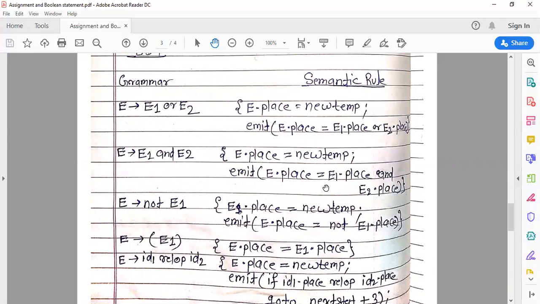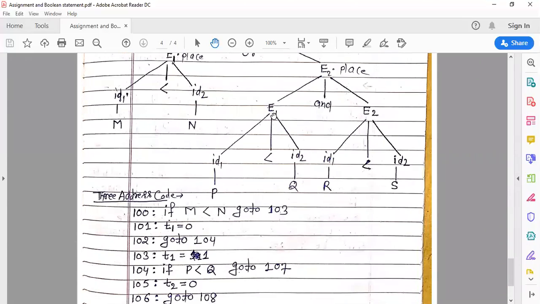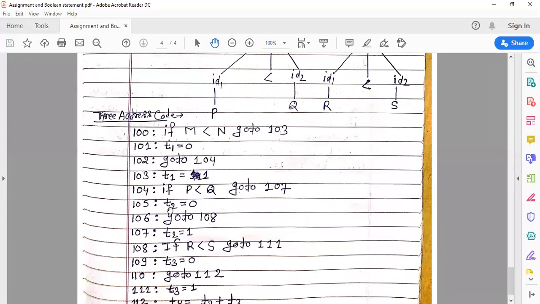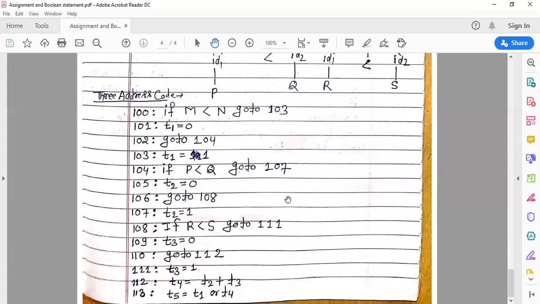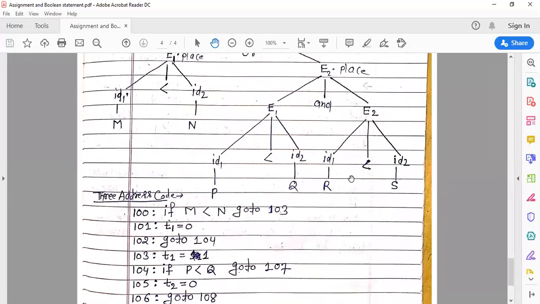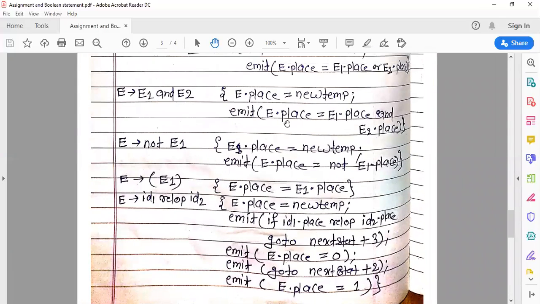Emit E dot place is equal to E1 dot place and E2 dot place. So what is E1 dot place? E1 dot place is T2, for P less than Q, and E2 dot place is T3. This temporary variable T3, and here we get T4 is equal to T2 and T3.